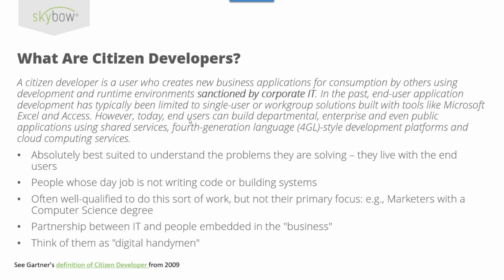One of the things that I think is very interesting about the definition that Gartner uses is that, and I've tried to bold it there, I'm not quite sure if it shows up very well, the tools and methods that these citizen developers use are sanctioned by corporate IT. I actually find that in probably a large percentage of the time, these activities are not sanctioned by corporate IT. In fact, they're unknown to corporate IT and often are sort of end runs around corporate IT, because those people in the business departments can't get stuff done by IT.